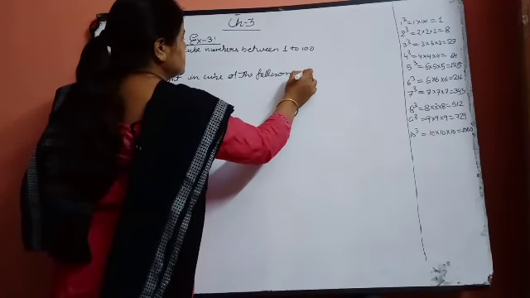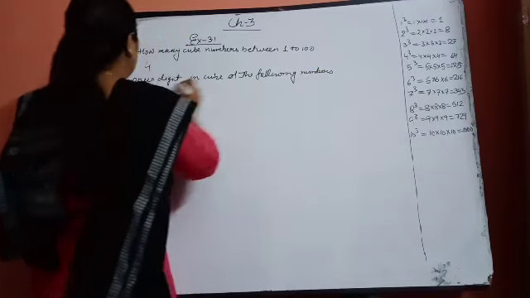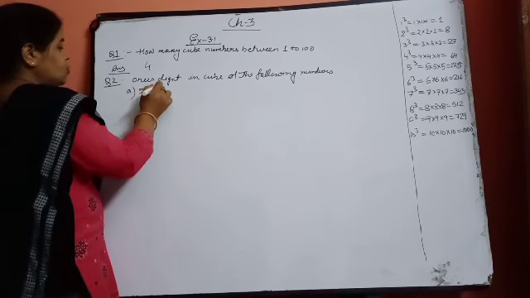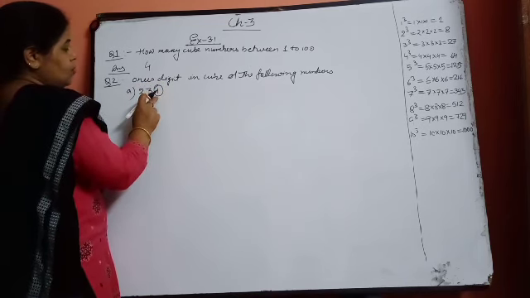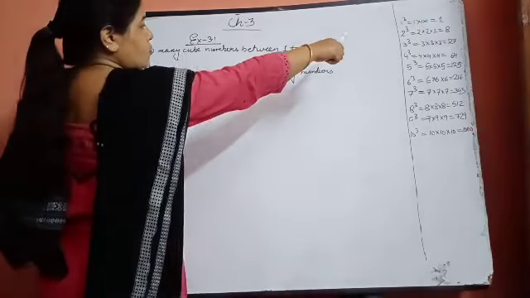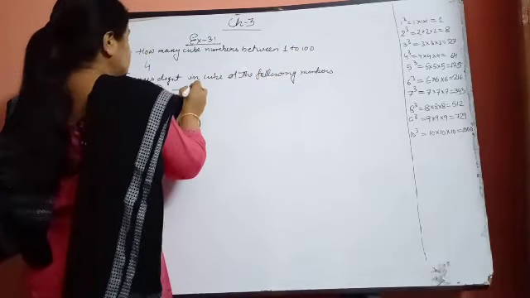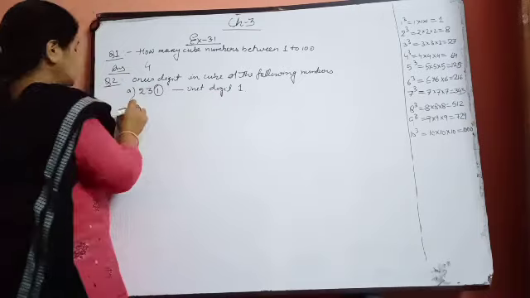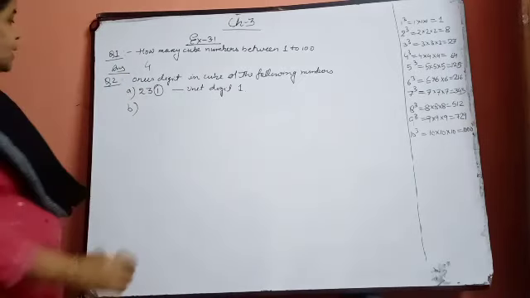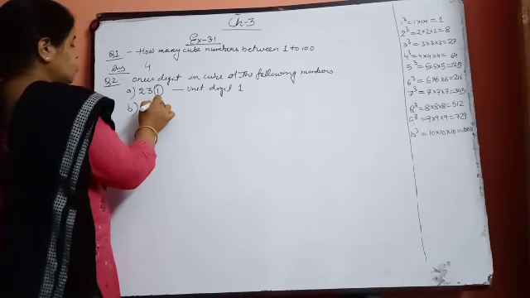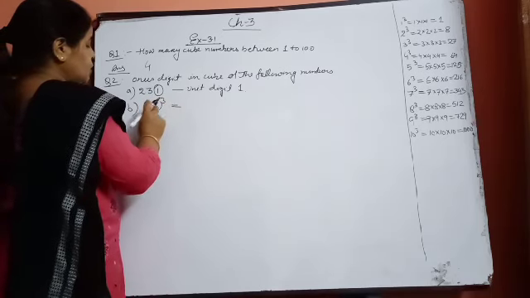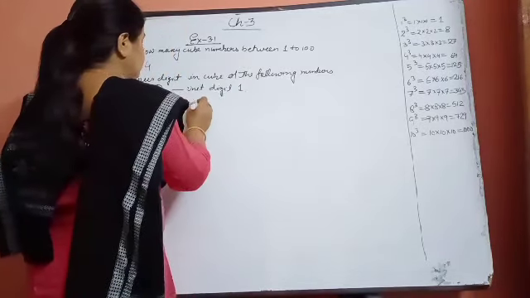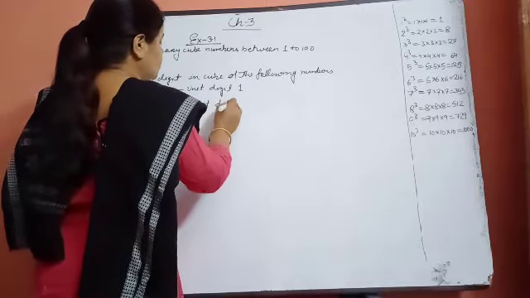The first number, A part, is 231. You have to see only the cube of 1. If you make the cube of 1, what will come? 1. So in the unit digit it will be 1. One more, I am taking B part. You can see 68. If you make the cube of this number, 68 cubed, you see 8 cubed, 512. So its unit digit will be 2.